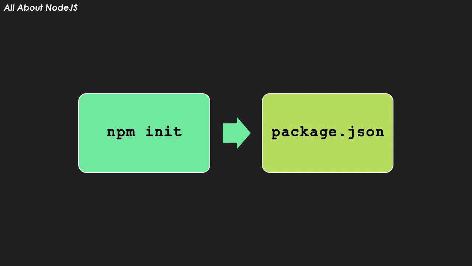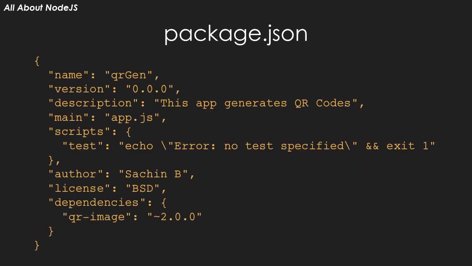The first thing you do with NPM is initialize, which creates an important file called package.json. This is done by the npm init command, which asks a basic set of questions and generates this file. Besides other things, an important component of this file is the dependencies section, which lists the modules and packages that we have downloaded from the npm repository for use in our project.